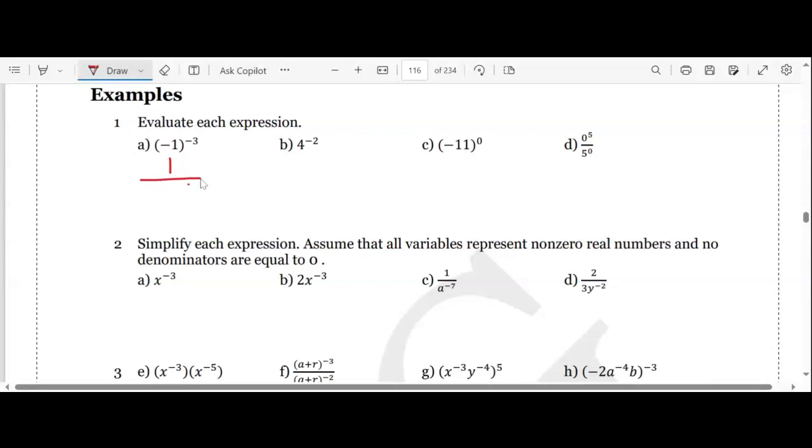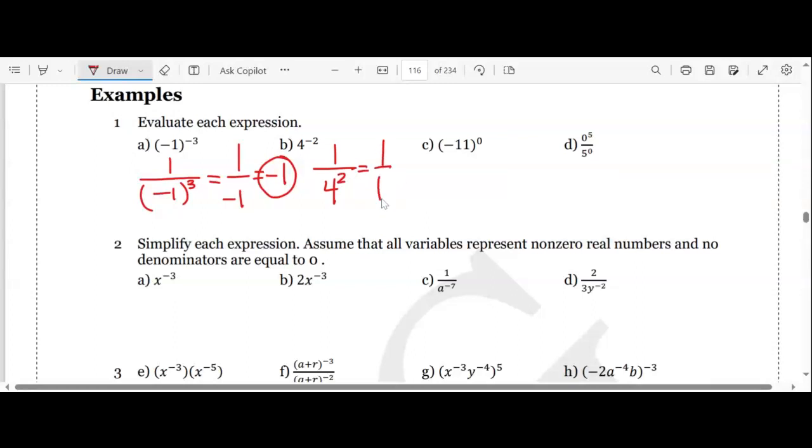It's 1 over -1 to the power of 3. Equal how much? 1 over -1, equal -1. This one, 1 over 4 to the power of 2,